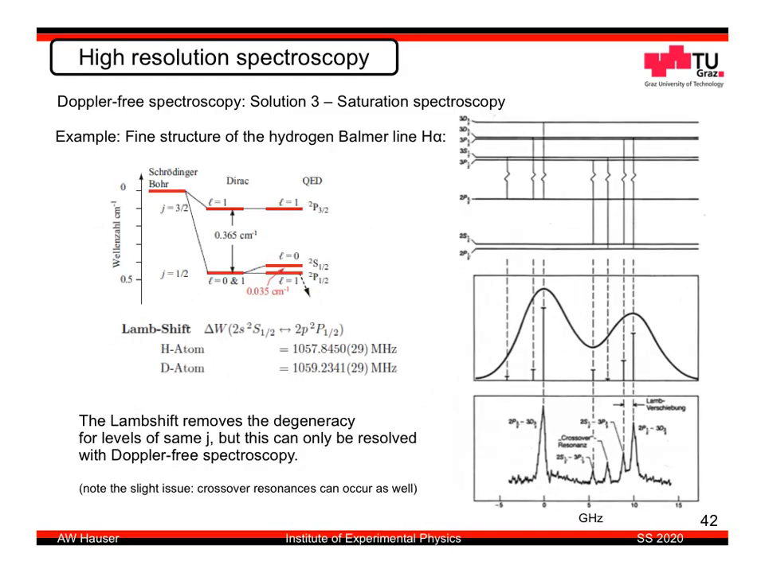This slide now gives an example of saturation spectroscopy and links our lecture here with previous lectures of Professor Koch or Professor Sterrer. So this is about the fine structure of the hydrogen atom. So we're looking at the Balmer line H alpha, and just for you to remember, back then we started solving